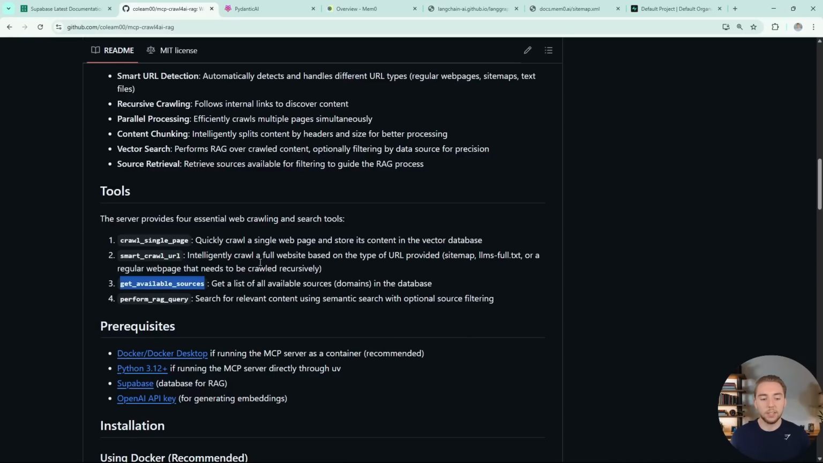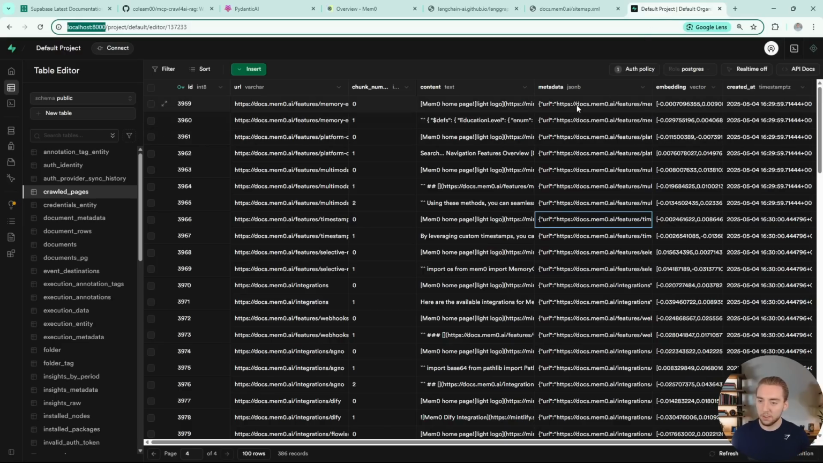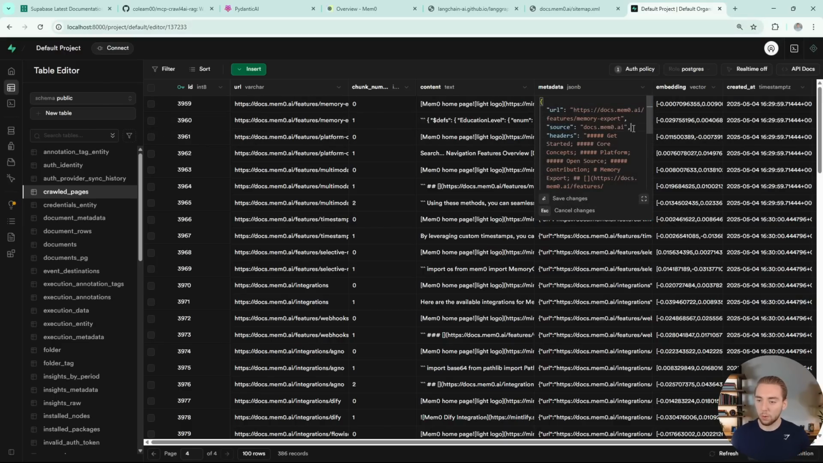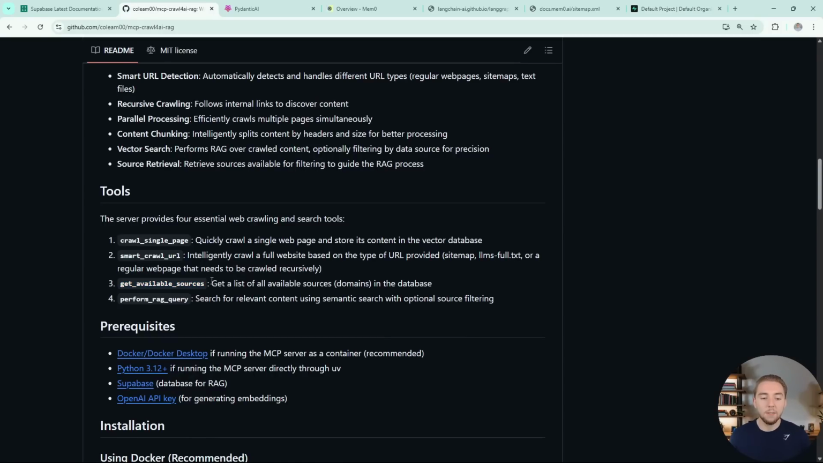And then we have one to get the available sources. And so like I showed you earlier in Supabase, part of the metadata is this source for each of those chunks. And so if we want to only search in Mem0 or only search in Pydantic AI, we just need to know what that source is, and then we can do that metadata filter when we perform the RAG search. And so this is our way for the AI coding assistant to figure out which sources are currently available in the knowledge base. Like if we were to run this right now, it would tell us that we have Mem0